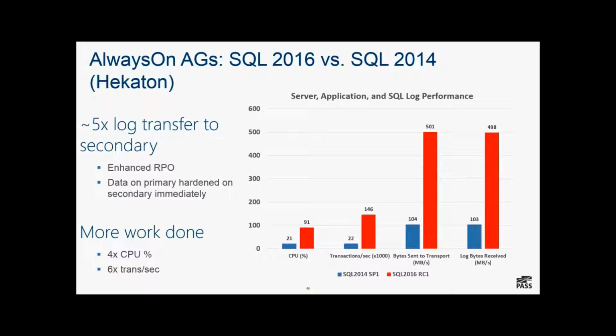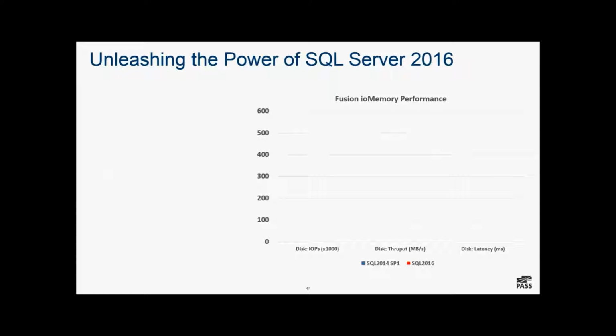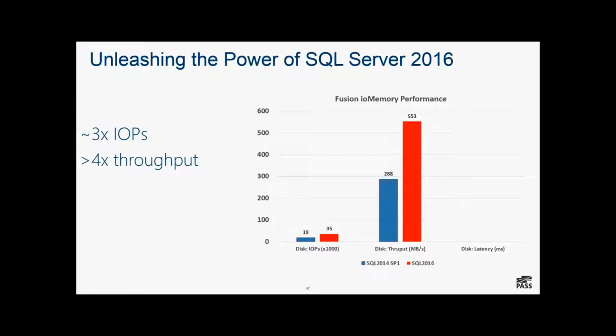Pretty exciting stuff. Again, as I said earlier, you do not have to be a rocket scientist. You don't have to know all the details about the workload here to see something very profound that's going on. And this allows us not only to leverage our processors better, but look at our storage infrastructure. We were able to get 3 times, double the disk throughput, and we were able to do this on flash on both experiments at under a millisecond